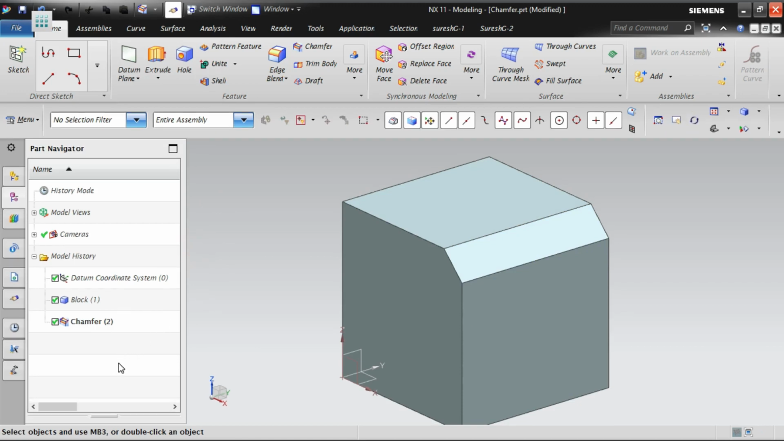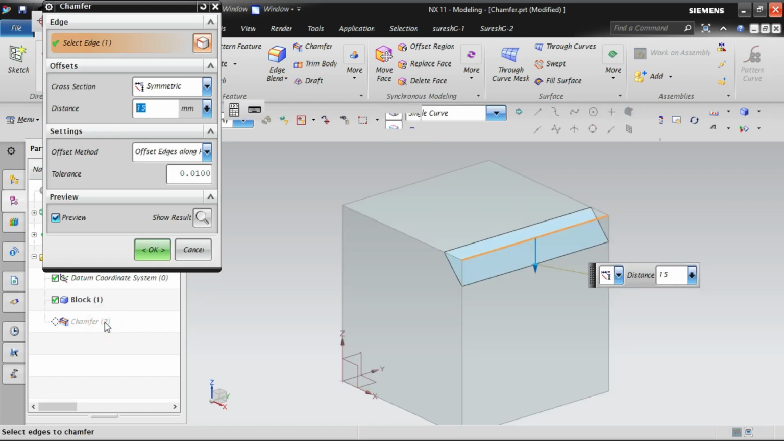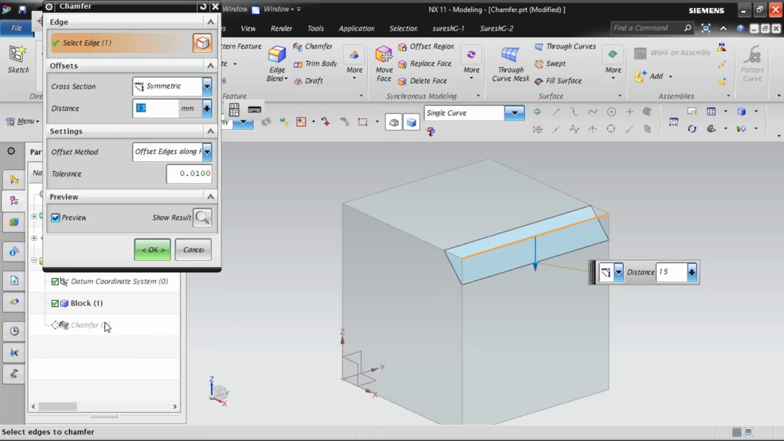Now if I wanted to edit this chamfer, you can double click on the chamfer. It will reopen the chamfer window. Now you can redefine the value to whatever we want. So this is about symmetric chamfer. Basically the symmetric chamfer will have the same distance, whatever we give. Okay, right. So now we'll go